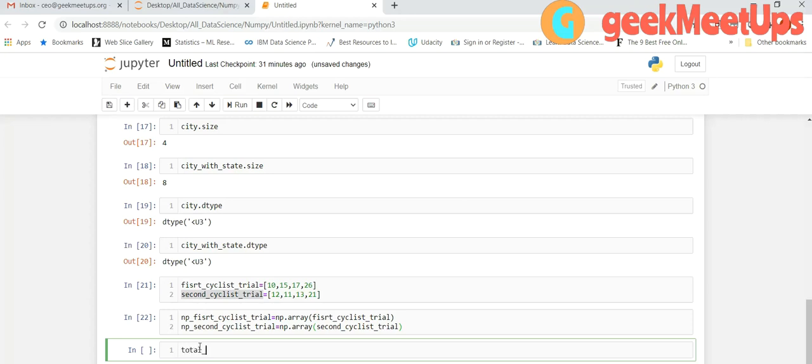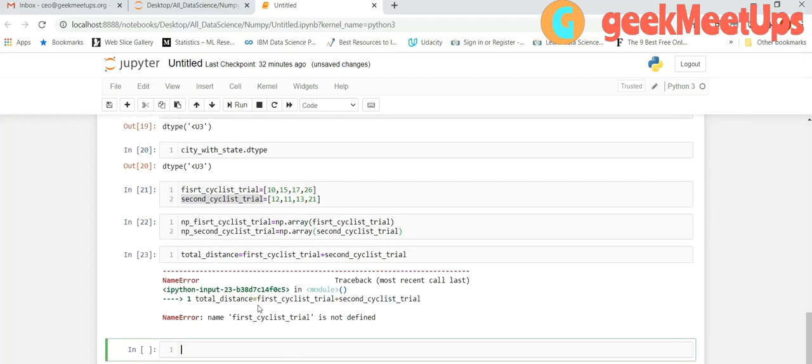Total distance equals first trial plus second cyclist trial. This is the total distance.